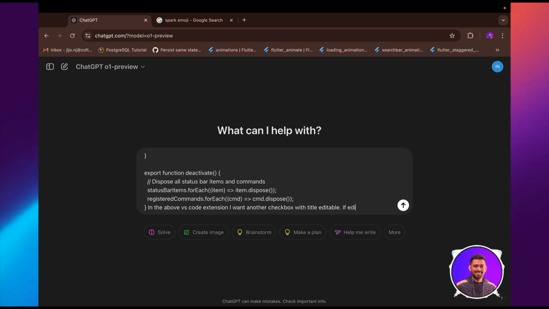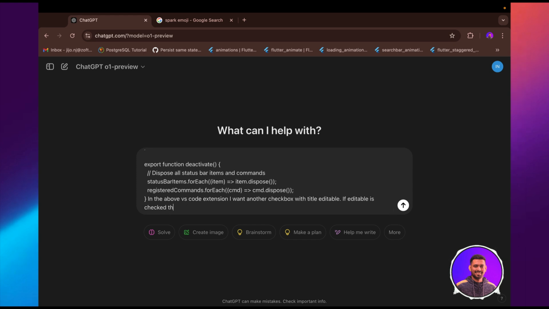If Editable is checked, then I don't want to run the command directly, but just populate it in the